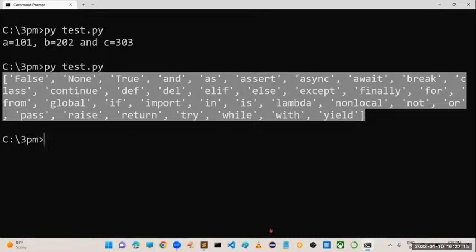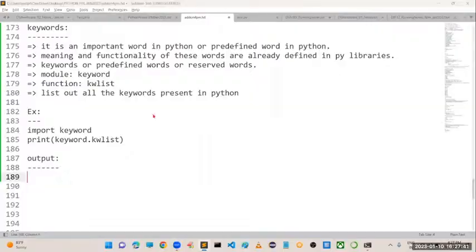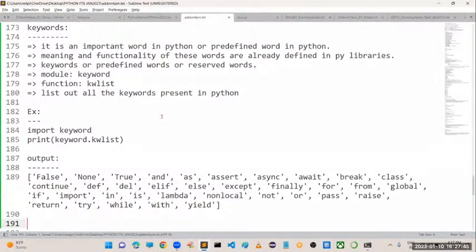I think some keywords we have already seen, right? If you observe here, which keyword have we already seen? The import keyword, which we already discussed. The remaining keywords we are going to discuss in our upcoming classes. These are the keywords which exist in Python. From version to version, there may be a chance of getting one or two new keywords.